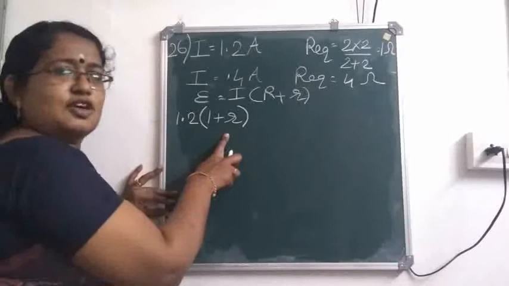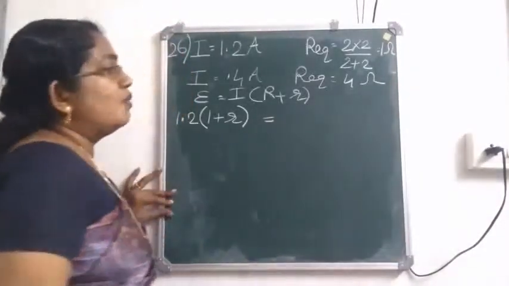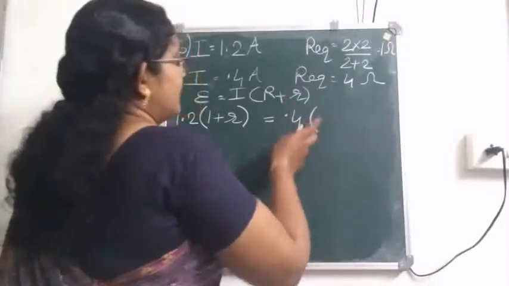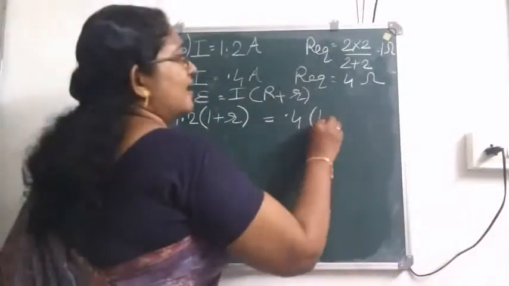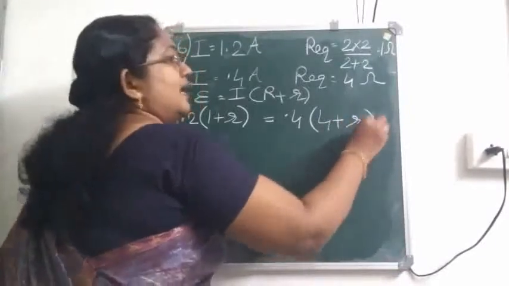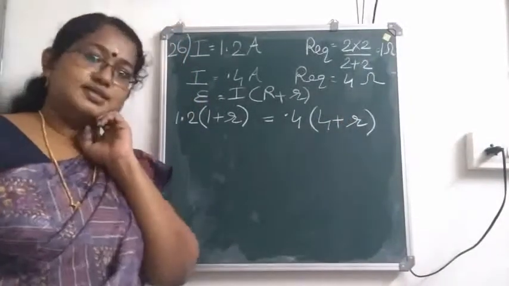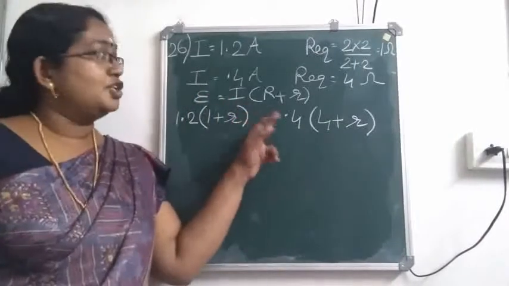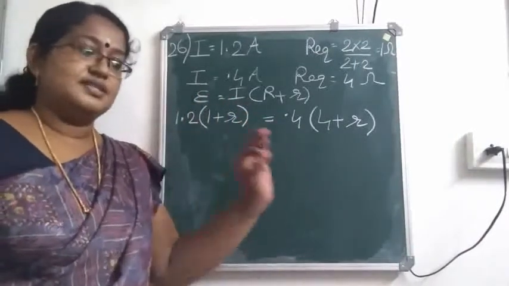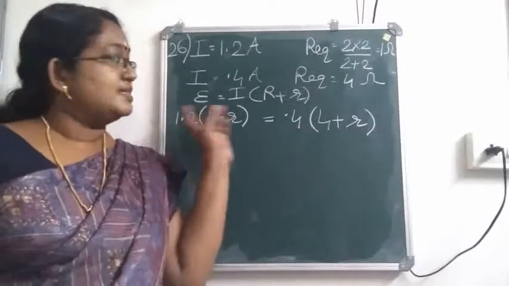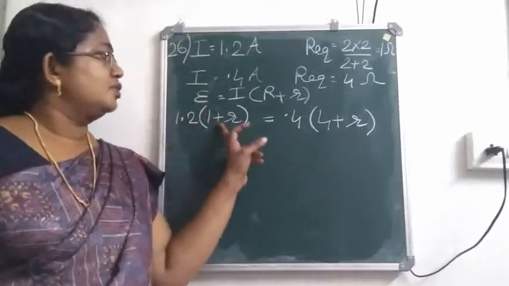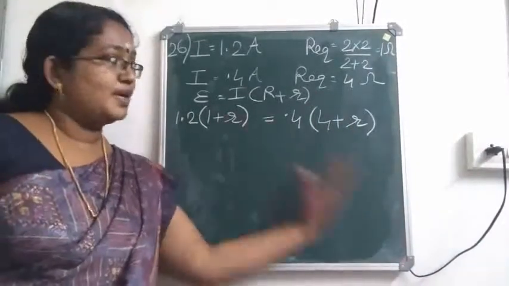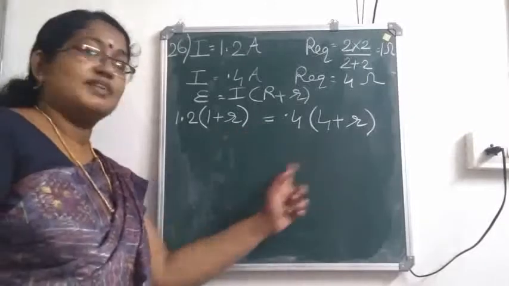This is in the case of parallel connection. Then, what about the series connection? Current is 0.4. Then, capital R is 4 plus small r. Did you understand? A similar question is already done. So, here we know that epsilon is I into (R plus r). Anyway, if it is series or parallel, epsilon will be the same. So, epsilon is equal to this much. Epsilon is equal to this. Since the left hand sides are equal, you can equate the right hand sides. That's why I have written like this.